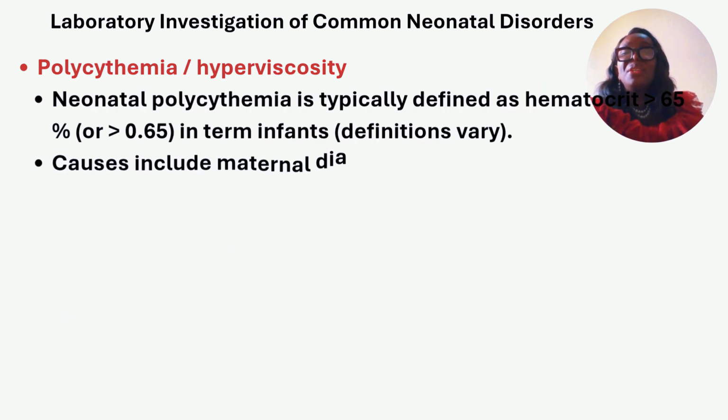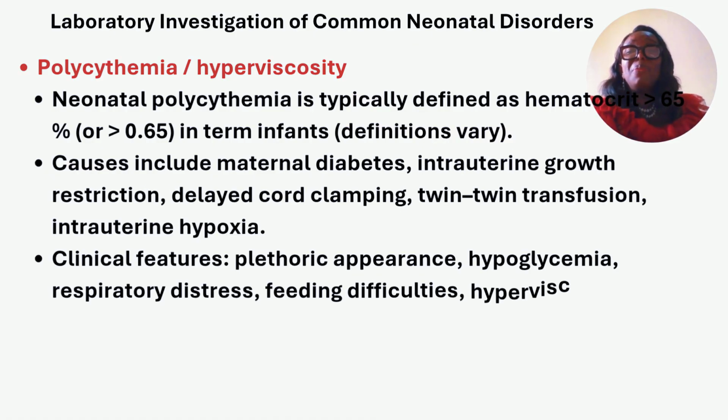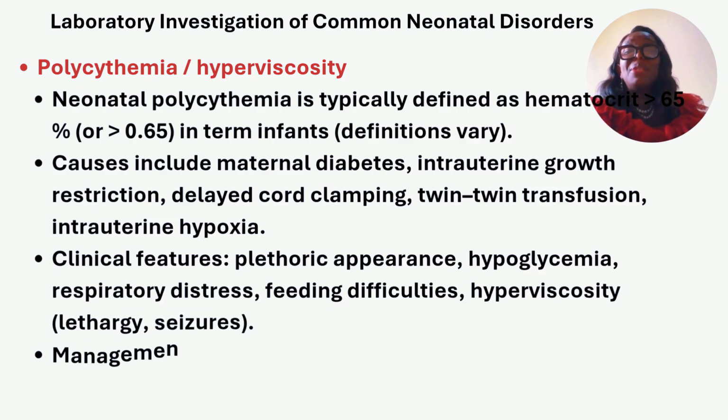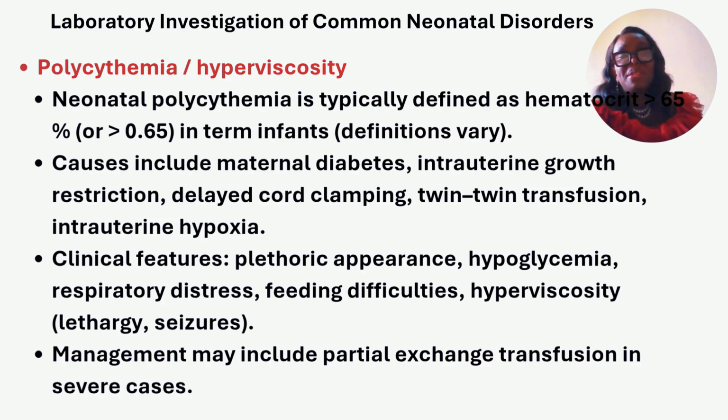Polycythemia in the infant, or hyperviscosity. Neonatal polycythemia is typically defined as a hematocrit level above 65%, or 0.65 liter per liter, in a term infant. Definitions may vary in different centers, but commonly it is defined as a hematocrit level above 65% in a term infant. Causes include maternal diabetes,